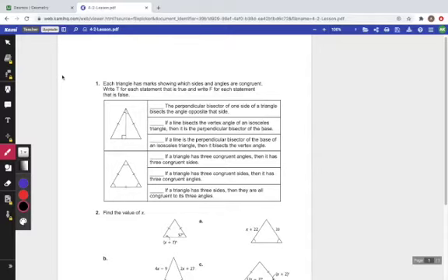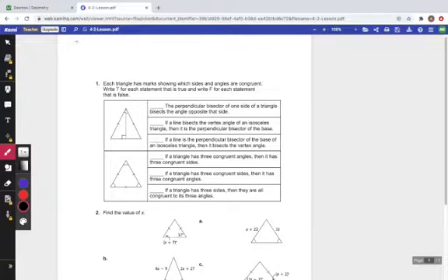Let's talk about section 4.1 and 4.2. It's going to focus primarily on section 4.2, which deals with isosceles and equilateral triangles. In fact, the only thing that we're going to talk about from section 4.1, which is about congruence, is the fact